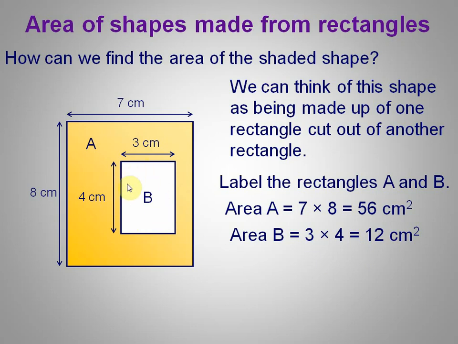Now this is unshaded, so this is cut off from the whole figure. This is the cut part of the whole figure. This is the removed part of the whole figure. So you have to subtract this one from the whole figure, the B figure subtracted from the A figure. So you get the area 56 minus 12, which is 44 centimeter square.